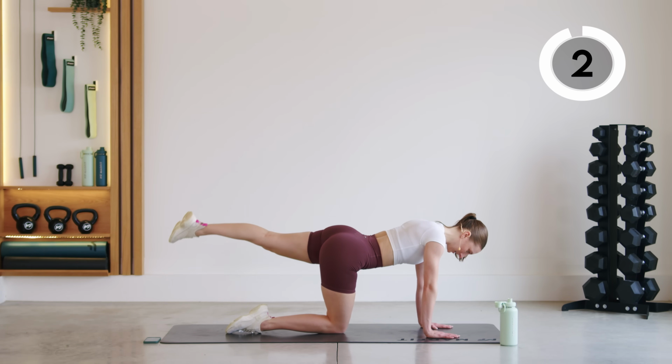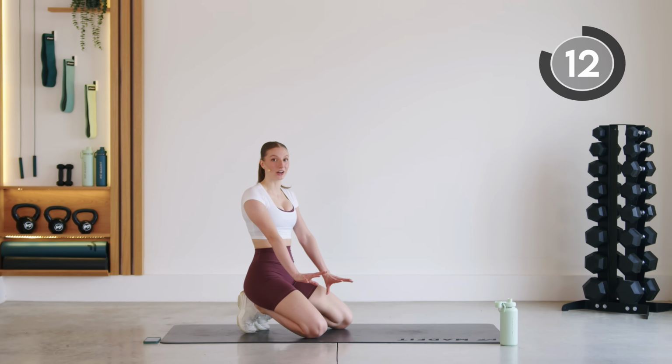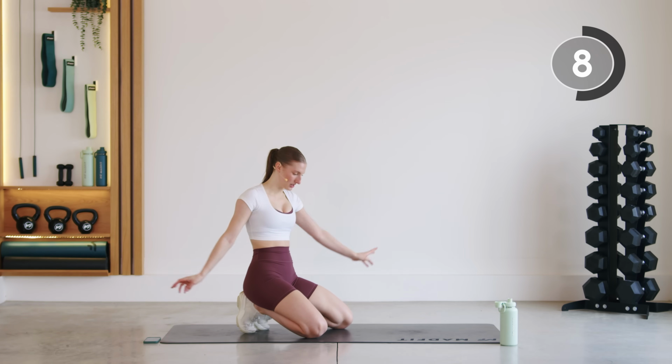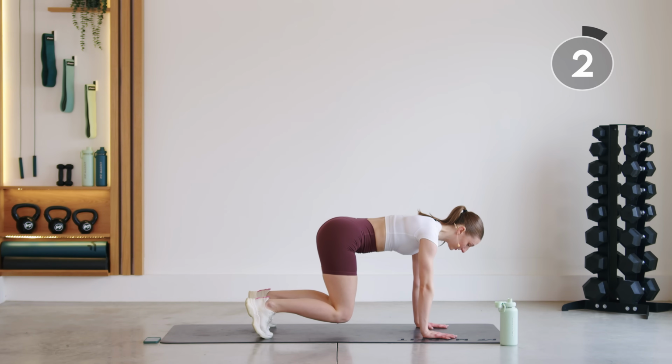Good. Nice. All right, last exercise. If you have sensitive wrists, we are going to be on our hands again. So you have option to hold a forearm plank nice and straight. Otherwise, you're going to stay in this tabletop position, tuck those toes, nice flat back, lift the knees, and then